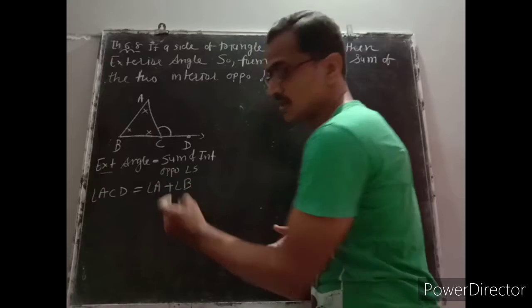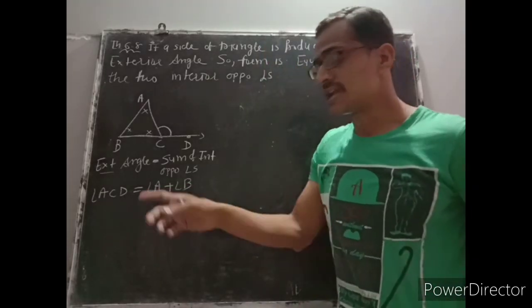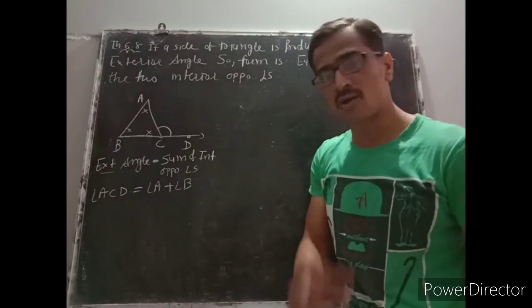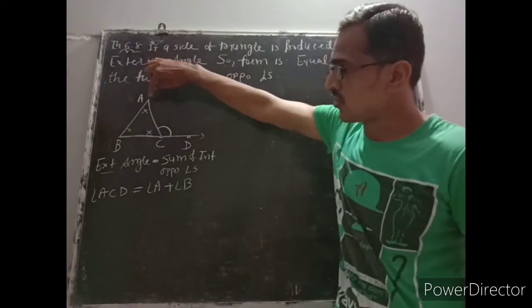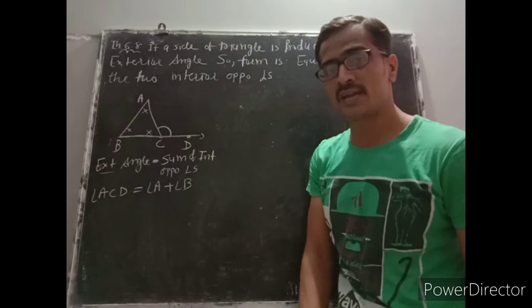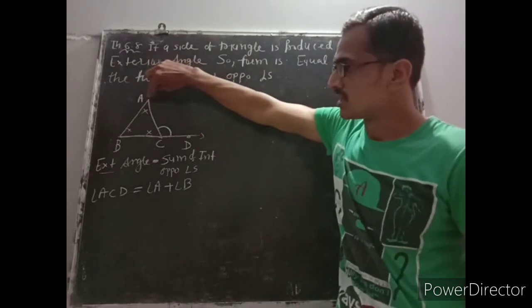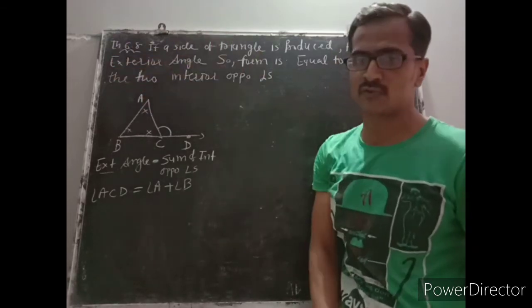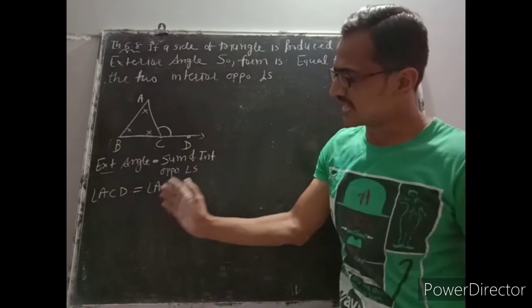plus angle B. You might be thinking, okay, till now we have given 3 alphabets to represent an angle, but here we have represented angle by only one alphabet. Because see, if on any vertex a single angle is formed, then you can represent it by a single alphabet. Check it out. On the angle A, alone this angle A is formed, except angle A, no other angle is formed. Same for the B. That's why simply I can write angle A and angle B.